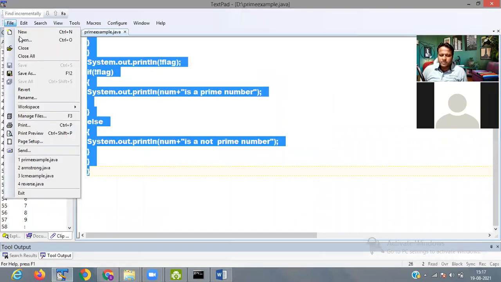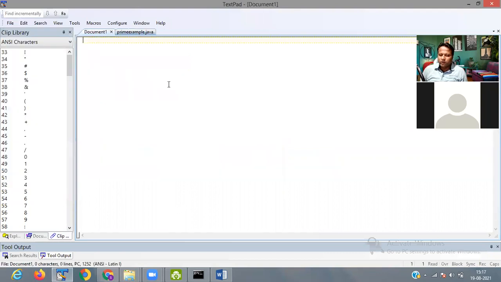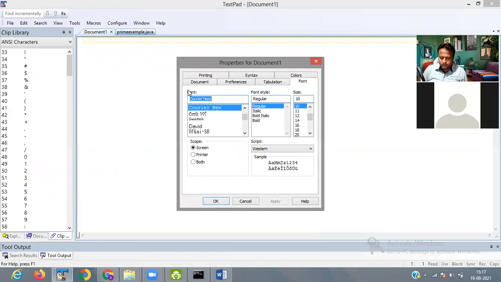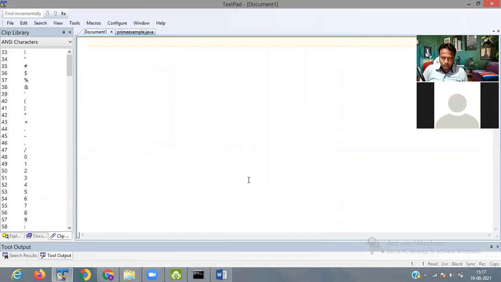So the difference between while loop and do while loop: in the while loop, first we check the condition.